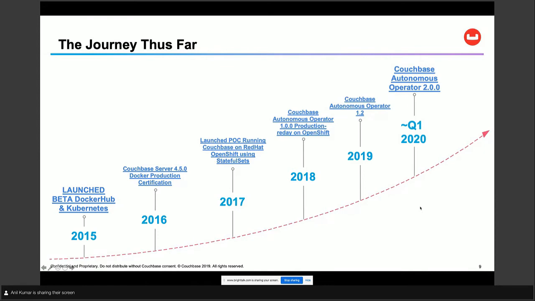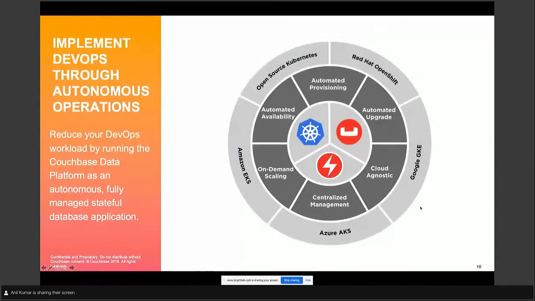So what is the Couchbase Autonomous Operator? If you look at the architecture, you'll see that at the heart of this product is a native integration with Kubernetes. It has the Couchbase data platform, and it has built in the best practices of how to run and manage the Couchbase data platform, and it is the Kubernetes operator.